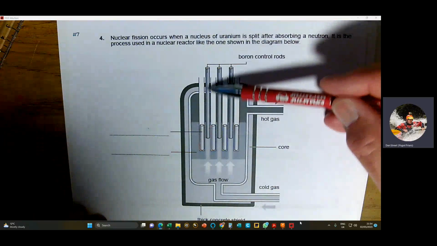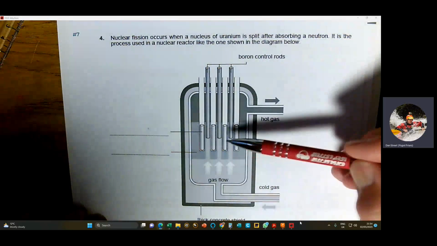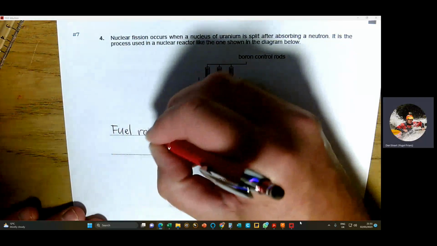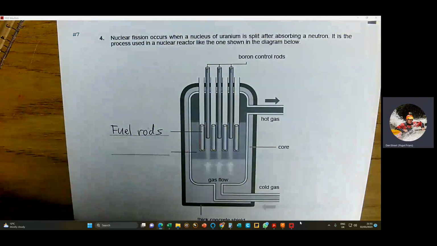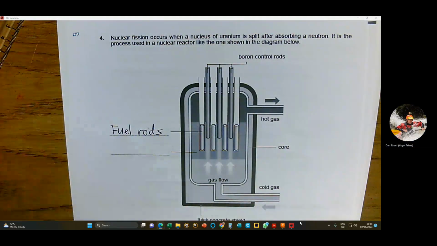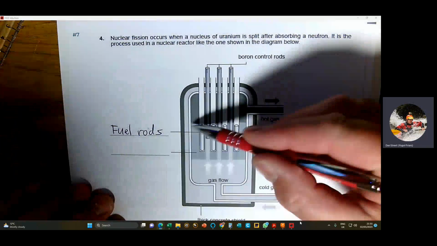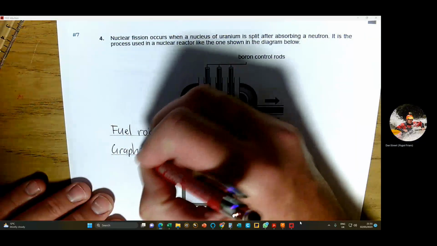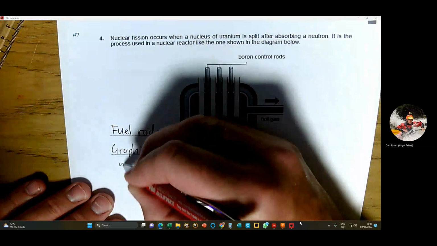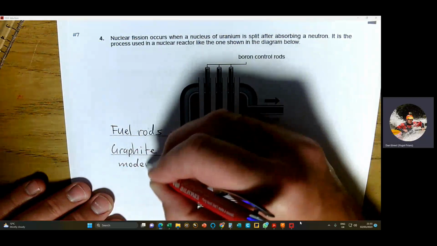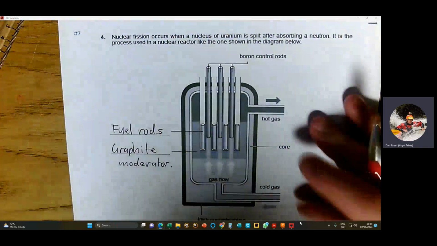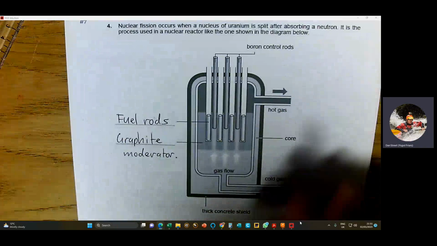So if these are the boron control rods, then the other rods in the nuclear reactor are of course the fuel rods. So they're made of uranium, or in some cases neptunium. And then this large block here is the graphite moderator. Okay, and this is what slows down the neutrons in order for the fission reaction to happen. Okay, and then if we move on,